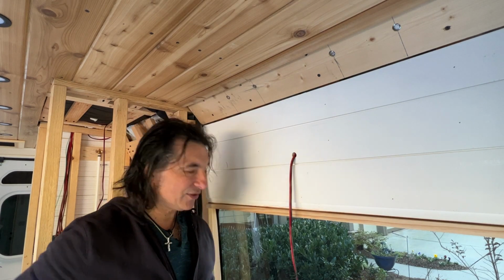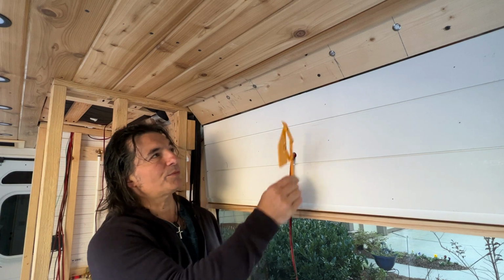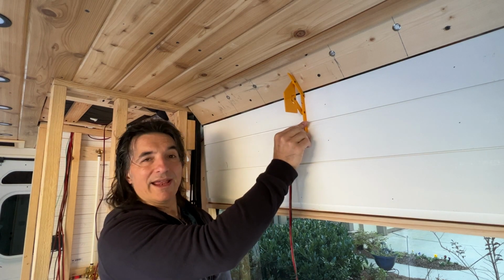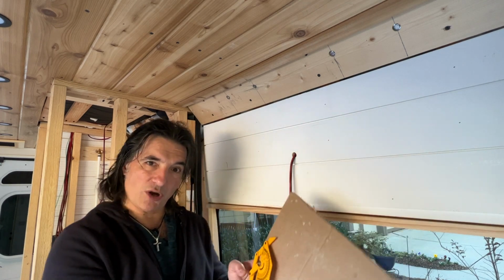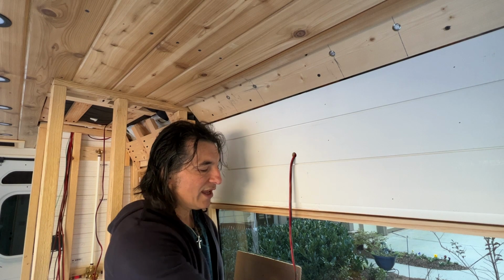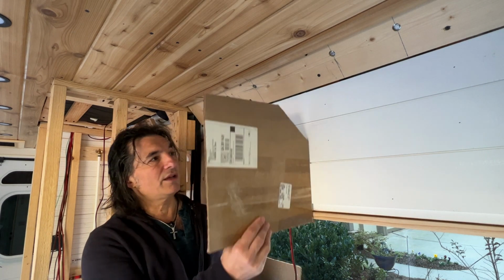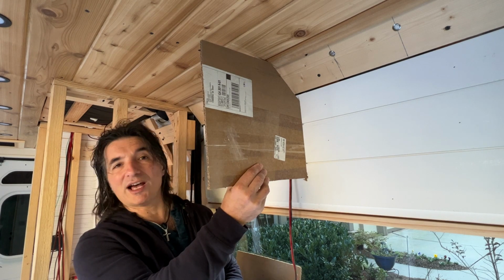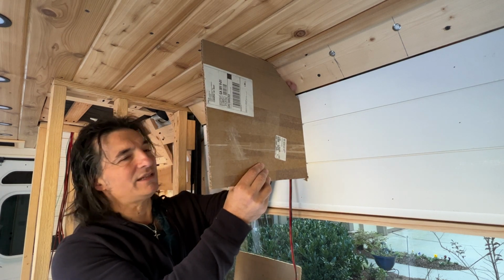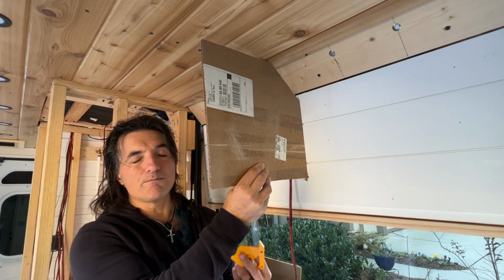So I basically started with my protractor. I took the protractor, measured this first angle on the bottom, and traced that onto my piece of cardboard, and I drew the two lines and cut along those two lines. Once I had that, it basically had this kind of shape. So now you can see we're starting to get better. It fits on the wall. It sort of fits in here in this angled area. The top obviously does not work at all, but it's getting closer, and that's all this is about, getting closer